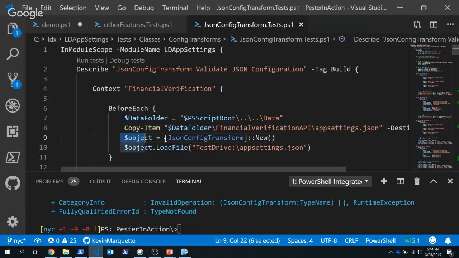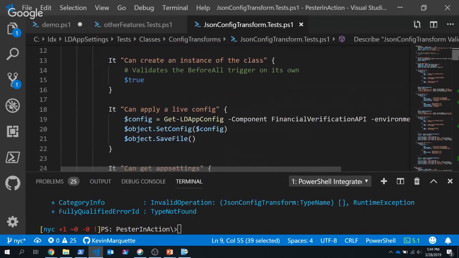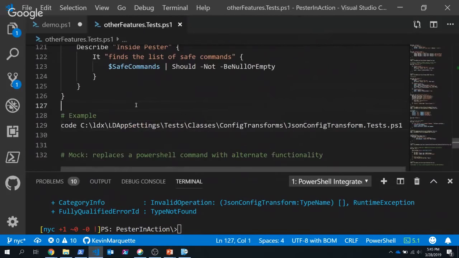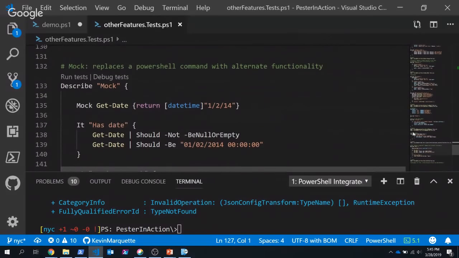And here's just a case where I create one instance of it. And then I have multiple tests that are doing stuff on it just to verify it's performing properly. And then the next kind of advanced feature is the ability to mock commands. Now, this opens up some advanced testing scenarios